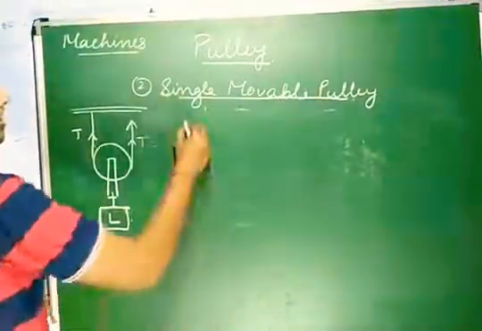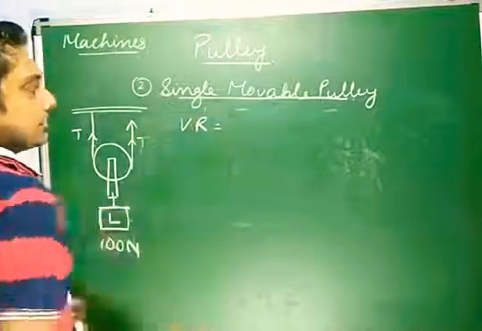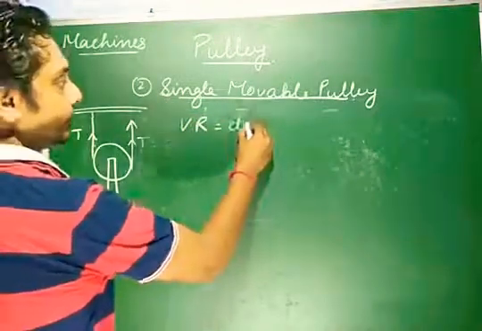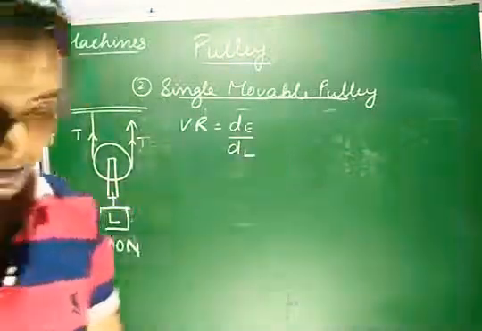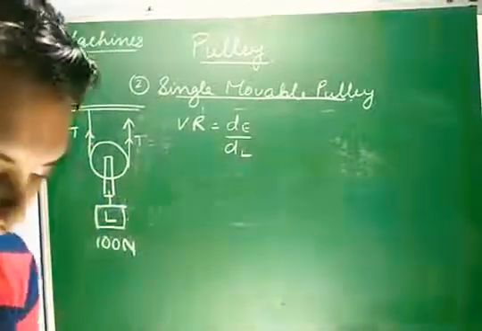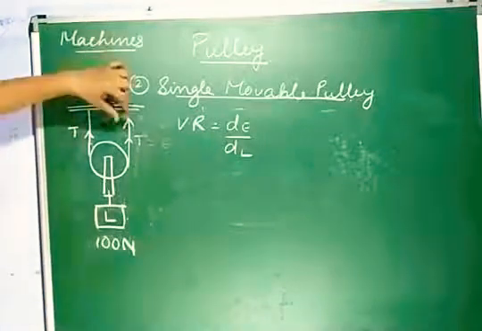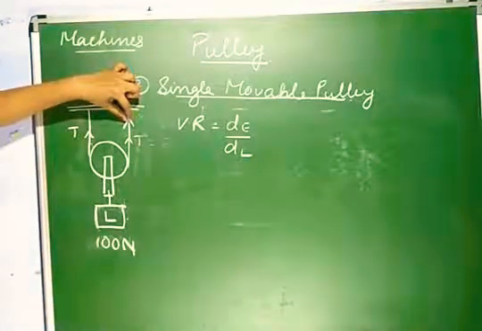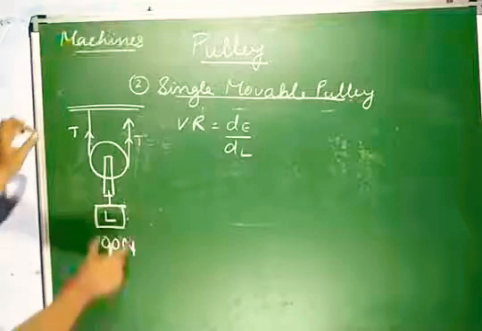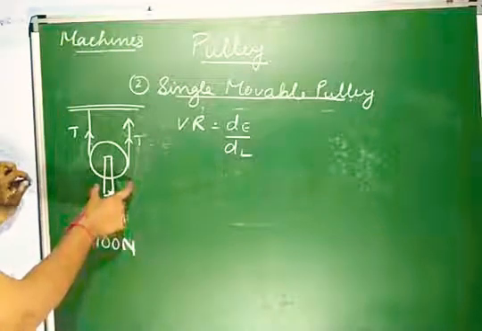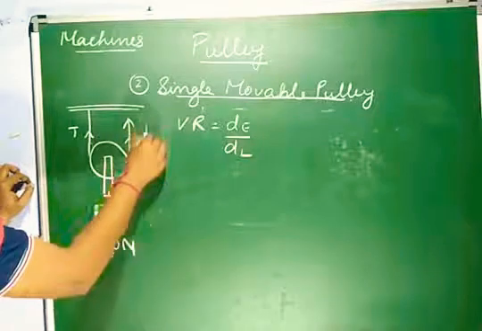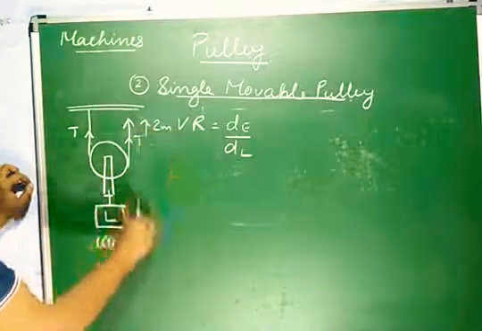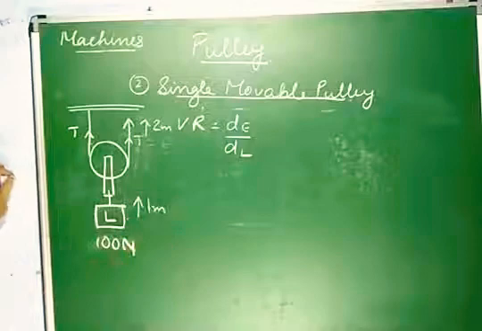So what is the velocity ratio now? Let us try to understand. That is distance moved by effort divided by distance moved by load. Now here is one thing that you need to understand: if we are lifting this thing by 2 meters, this is only getting lifted by 1 meter. Okay, that means this is half over here. When this goes up by 2 meters, this goes up by 1 meter.